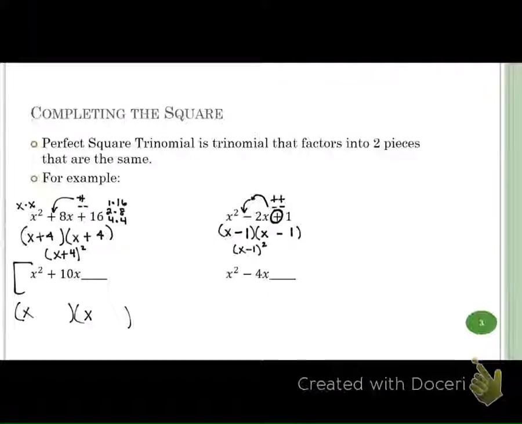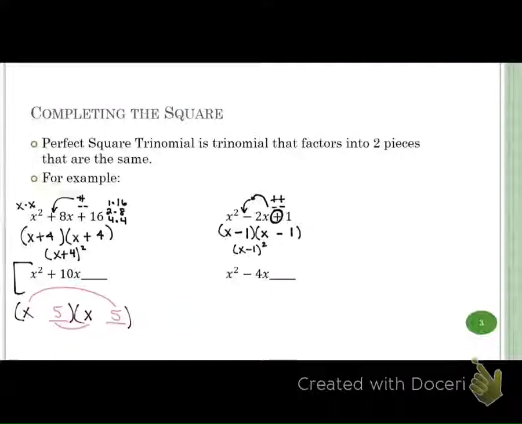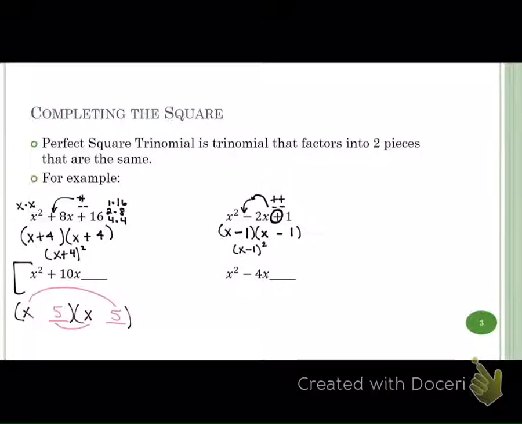So you know x times x is x squared. So what would you need to do with your x's to get to 10x? What would they have to multiply by? So think about this. When we distribute this, we're trying to figure out what goes in these blanks, right? So 10 plus 10 is not going to get you... Yeah, you want it to be 5 times x and 5 times x, right? Because 5x and 5x makes it